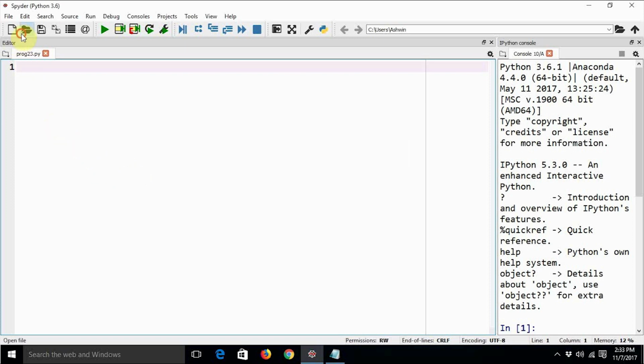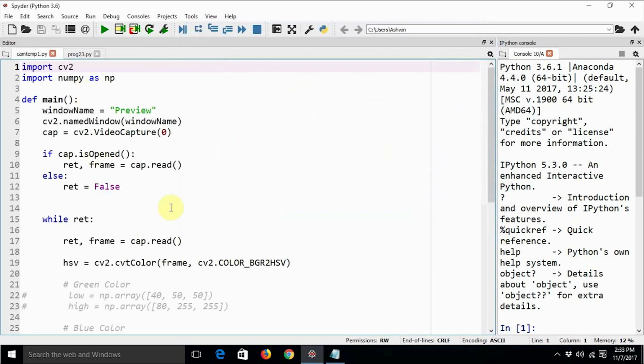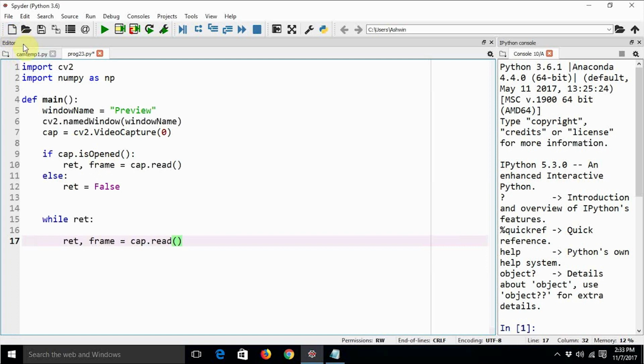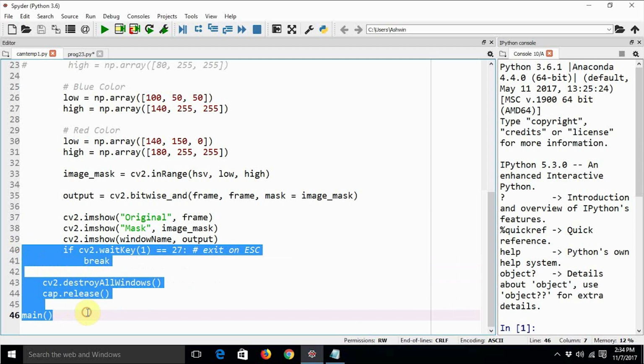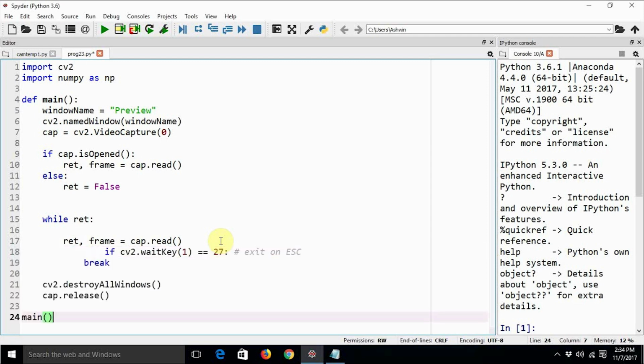For the convenience of all of us, I have already written the program. I am just going to copy it line by line, and then I'm going to explain the working of it line by line. Okay, so this is the program. Let me start copying it. First of all, I'm going to copy the basic skeleton that we are all familiar with. This is the skeleton of the program that we all are very much familiar with.